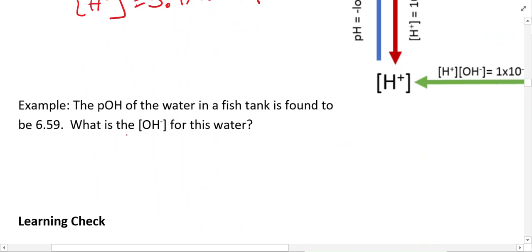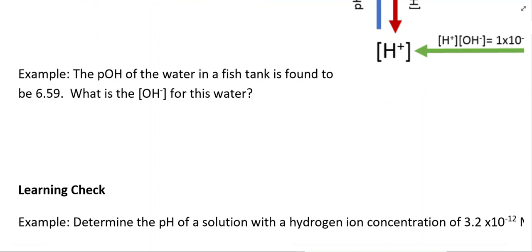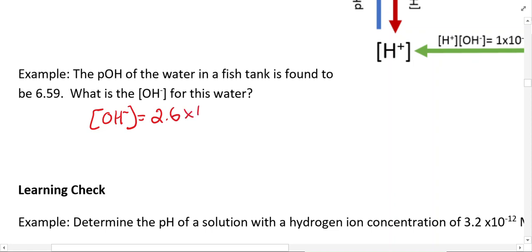We have a pOH of water in a fish tank. We want to know the hydroxide concentration. So we're going to do exactly the same thing. Why don't you try this one on your own? So the hydroxide concentration is going to be equal to 2.6 times 10 to the negative 7th. So again, there's 2 decimals here, so there should be 2 numbers in your significant figure. So what you would end up doing in your calculation would have been 10 to the negative 6.59 is equal